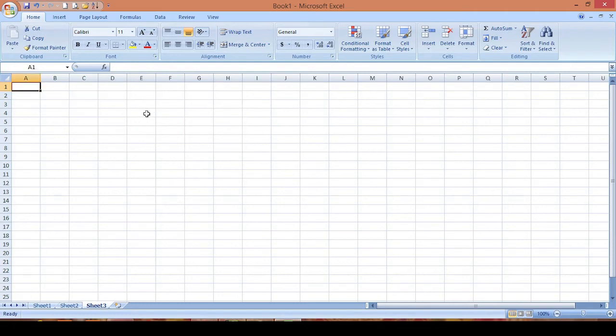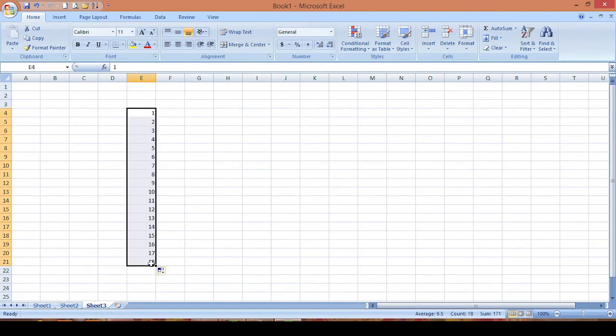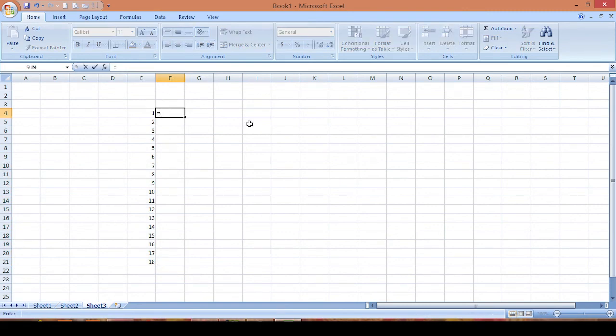I'll take, for example, 1, 2, and now I will use this fill handle and the autofill feature of Excel. Now I'll type a formula to find the square of these numbers. So I'll take the cell address, this is E4, and the exponent 2 will give me the square of this.